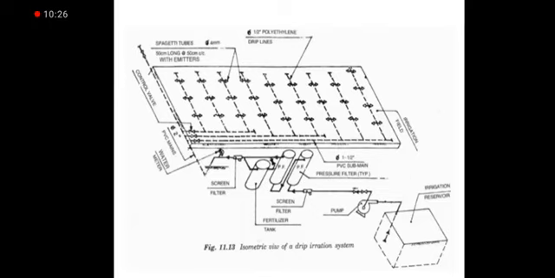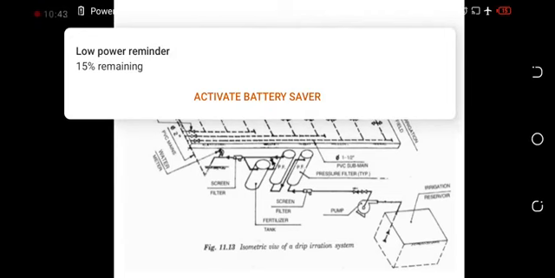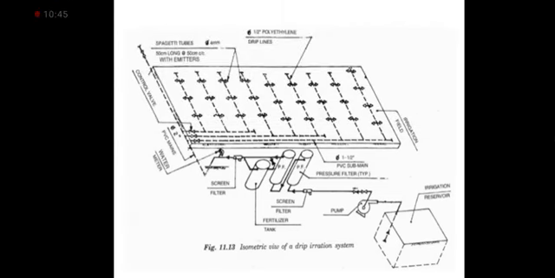In this piping, we have some nozzles. That nozzle is a very fine nozzle from where we can get a drop by drop water outlet. And above the nozzle, the crop will be sown, and at the particular time the water will be given, so all the drops will come out and irrigate the crop. That is drip irrigation.